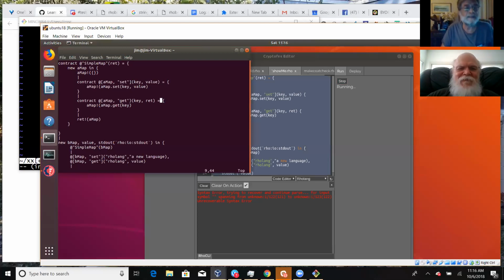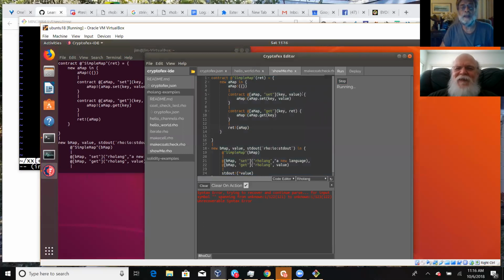Okay, so let's, well, actually, we have to put it back here. Yeah, I've done that: fix it in the text editor, but not in the original. And I do a Control S just to make sure it's saved. I know it's saved, and when you hit run, it saves it.